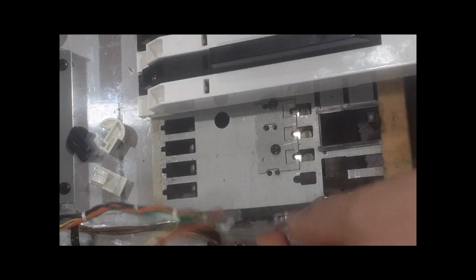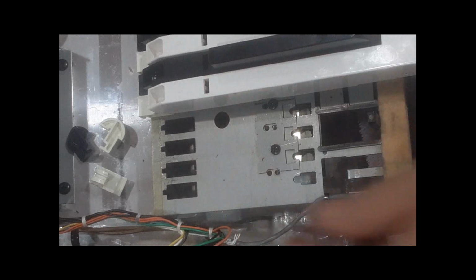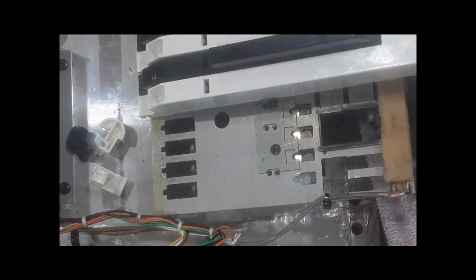But like I said, I'm going to take the connector out, and then I'll put a connector on this right here, so this whole thing comes right out. So anyway, getting back to...